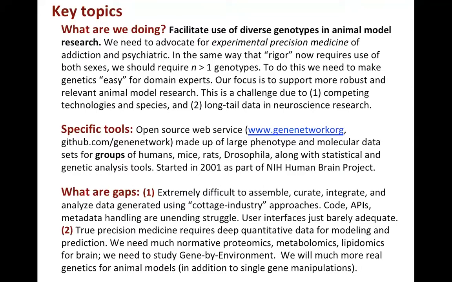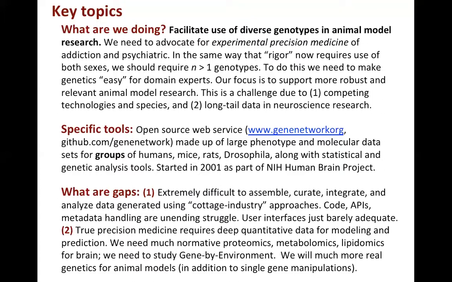So I'll be talking about how we can help make it practical to study 10, even 100 different genotypes of mouse or rat. It's a huge burden to study one strain of mouse or rat adequately, and you can imagine how much more of a problem it becomes when a study section or an NIH mandate insists that you study multiple genotypes to make sure that your results are robust, reliable, and generalizable. And so we're trying to make sure that that is something one can do with a standard R21, R01 budget.